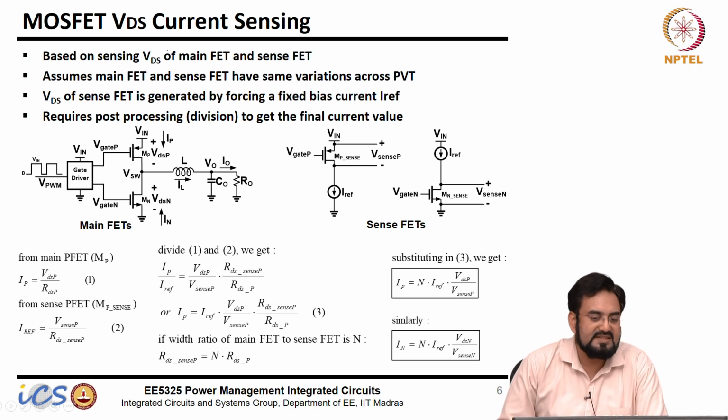So this one is much better. This is sensing VDS instead of sensing the RDS. So what you do, I have a replica of this. When I say replica, let's say this guy is 100 milliohm, I have sized it for 100 milliohm, but this is much smaller.